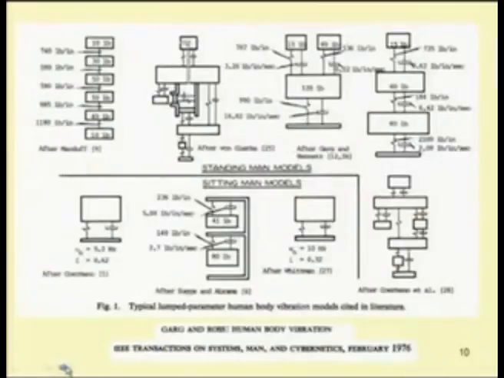We know how to model different mechanical systems. For example, this is a biomechanical system in which the standing and sitting posture of a person is shown. Here the different parts of the body can be modeled as a lumped parameter system. It can be modeled as a single degree of freedom system or a multi degree of freedom system. This is a single degree of freedom system when it is in sitting posture. One can have a 2 degree of freedom system also, or a multi degree of freedom system.